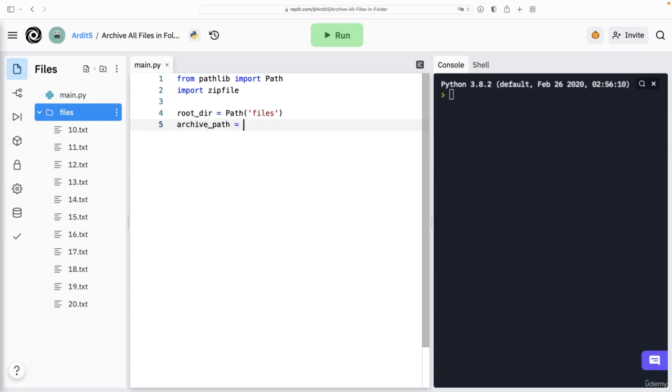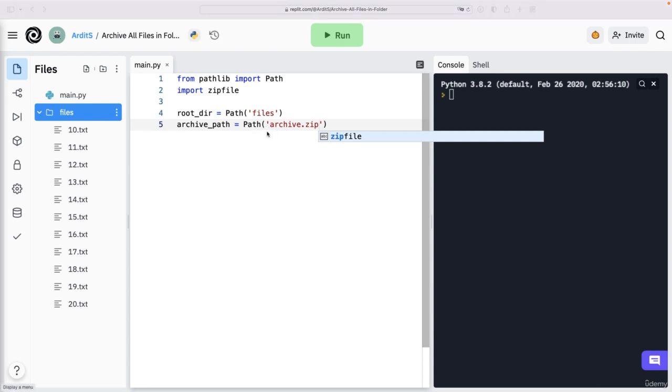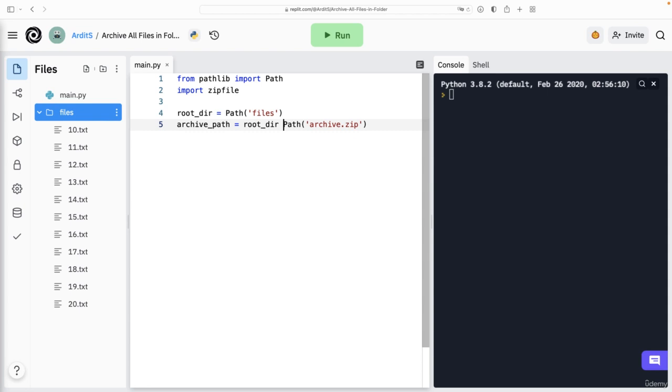And perhaps, since we are about to create one single zip file, then we need to create a path object for that zip file as well. So that would be path, let's say archive.zip. That will be the name of the file. But if you want to put this file inside this directory, inside files, then you want to add root dir here with the slash. So the slash will concatenate these two to make the path